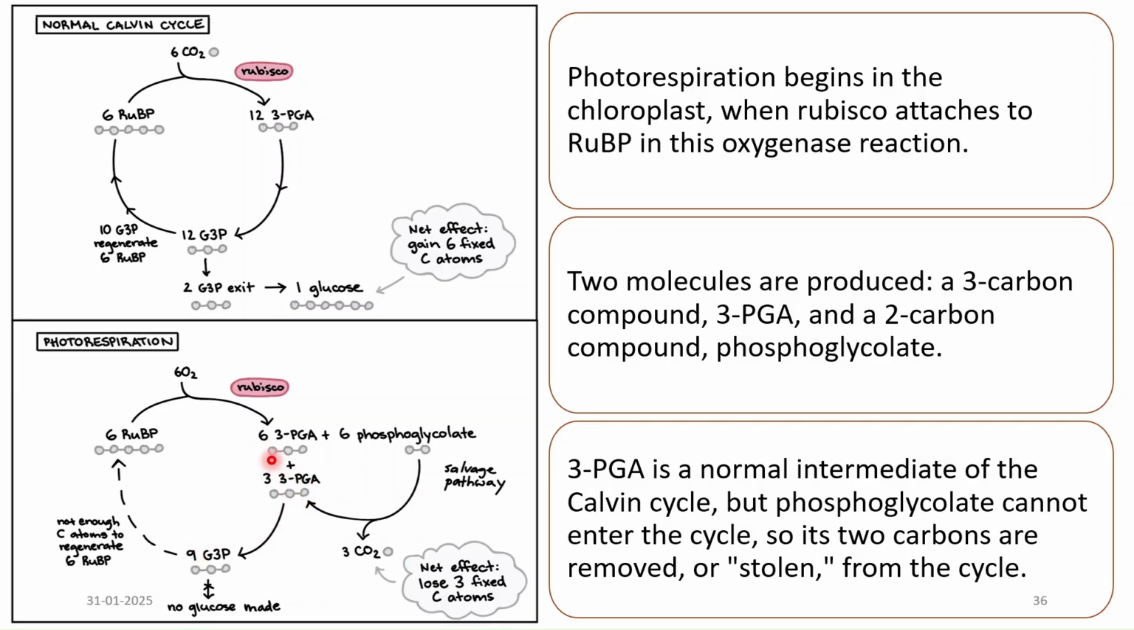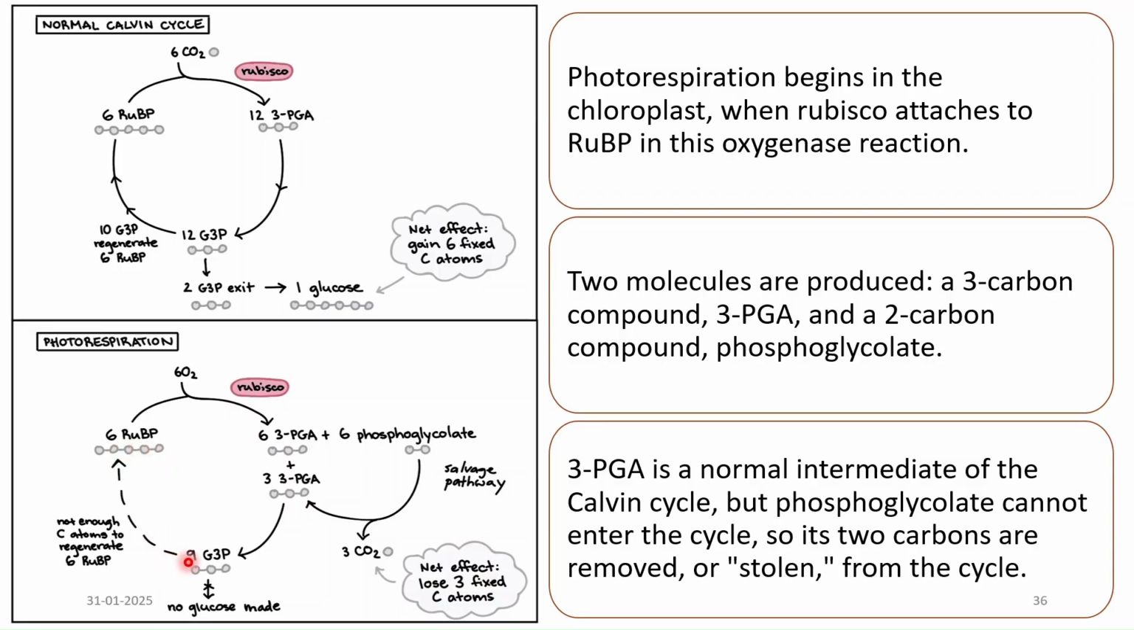Now 9 PGA molecules get converted to 9 G3P. Now if you see here, if 12 G3P is produced, then 10 of it goes in the regeneration of RuBP and 2 of it is helping in the formation of 1 glucose molecule. But unfortunately, since there are only 9 G3P molecules, all of these 9 will go in the regeneration of RuBP,